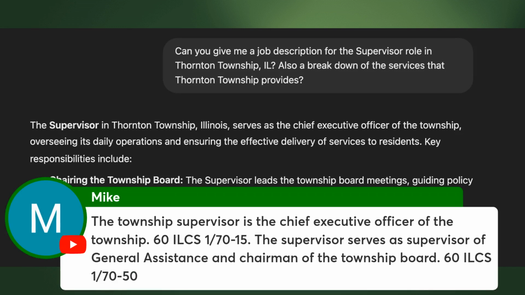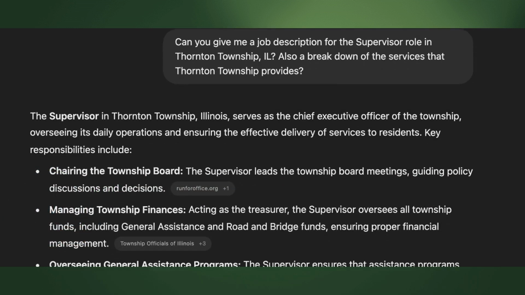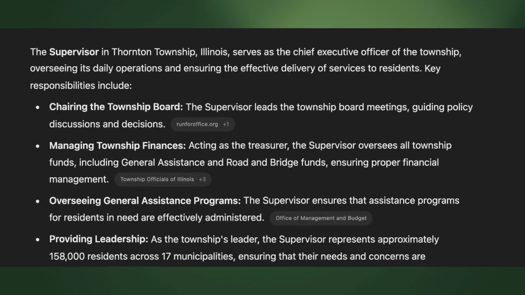The township supervisor is a chief executive officer. Oh, okay. Supervisor. Okay. Thank you, Mike. I saw some of these links were really useful. That's why I really wanted y'all to be able to access it so you can have those links, just to give you a little bit more context as well.